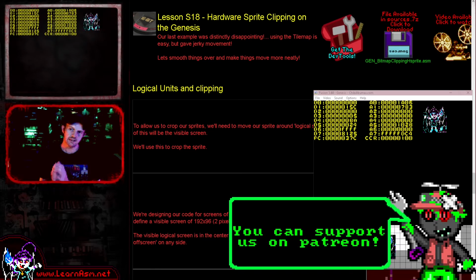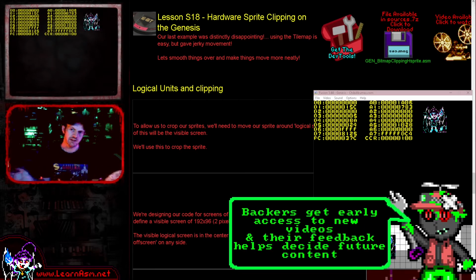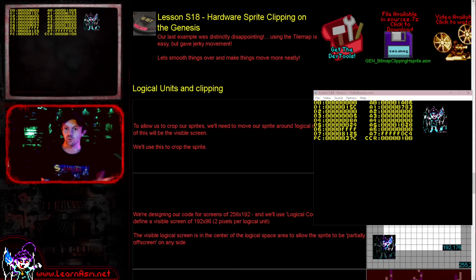We're looking at sprite clipping again on the Genesis. Now last time we didn't really use sprites, we were kind of lying to ourselves, and we were using the Tilemap. That makes things nice and easy for us. We don't need to worry about hardware sprite numbers. It does mean that we have the difficulty that we move in nasty jerky 8x8 blocks, whereas now we are